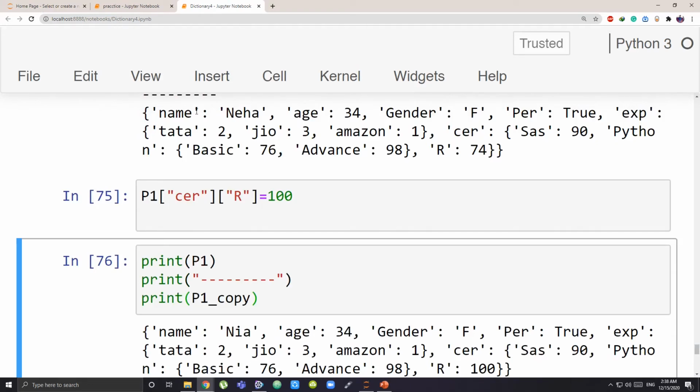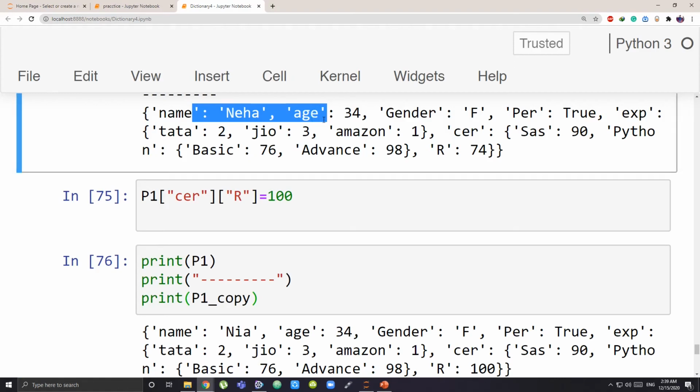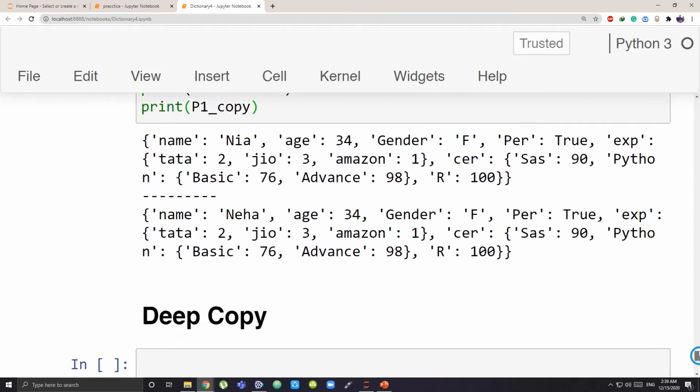Whenever you make a change to the non-nested part, that means the values that are not dictionaries themselves, that are not collections themselves, they can be even a list, which is also a collection. Any change that you make to a non-collection item, that is not a list or dictionary, will not be reflected in your copied version. But if you make any change to the nested part, that is the collection part, that will be reflected in both, in the copied as well as in the original.